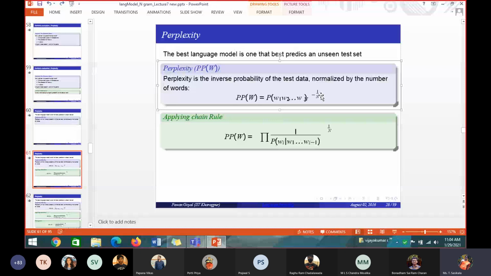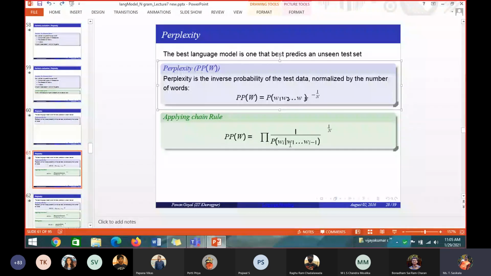Okay, so how can we write this, where does the language model come into the picture, you will be asking. For that you will be applying the chain rule of probability. So 1 divided by the probability of Wi. I want to find the next word given W1 to Wi minus 1, all the previous words. For example, I wrote a dash. So the dash is Wi, given what I wrote, that is W1 to Wi minus 1. Okay, 1 divided by that, and it is a whole power 1 by n.